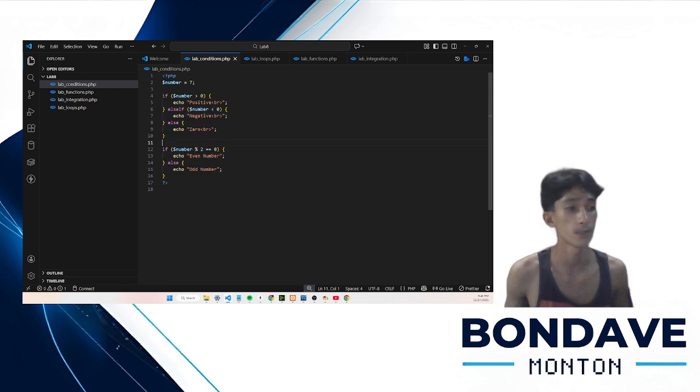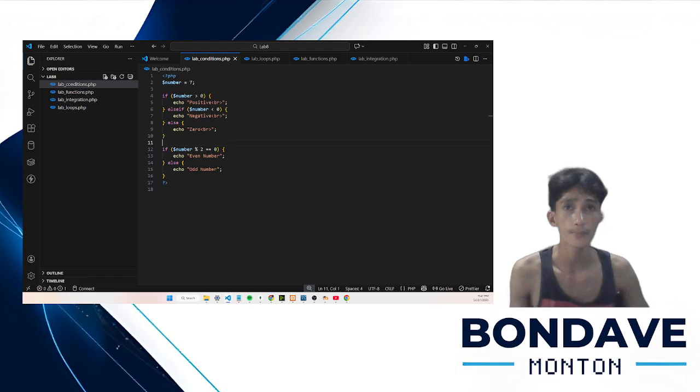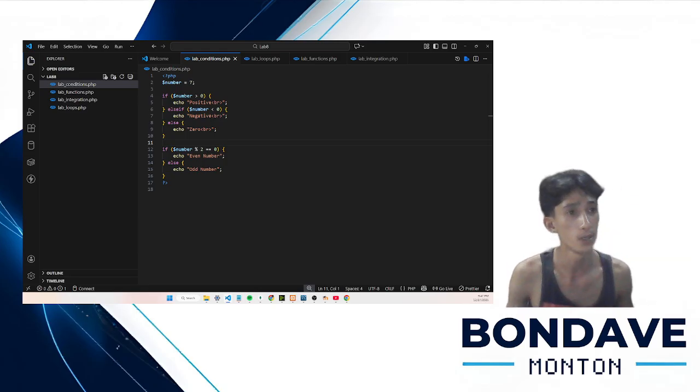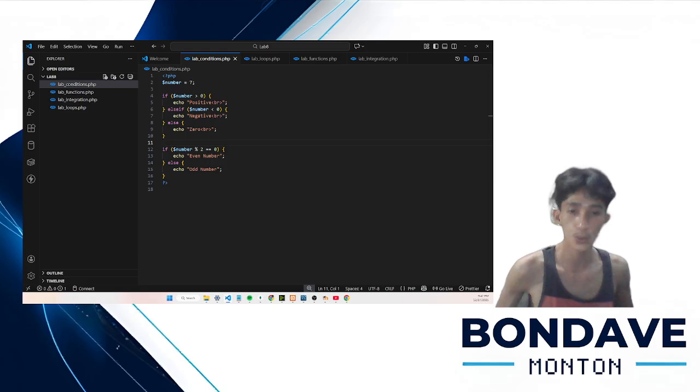After installing VS Code, you must also download and install Composer, the PHP composer, for us to use PHP.